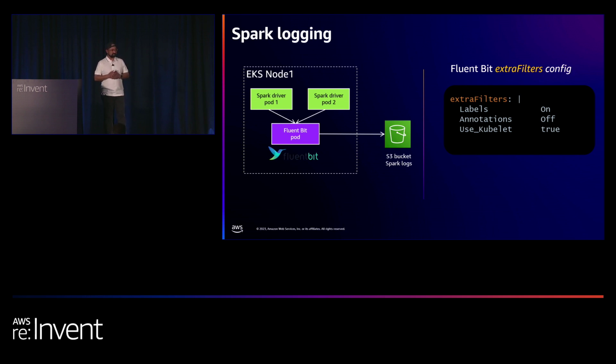In this example that you see, I have 2 drivers running, and then I have a FluentBit pod that's running within the same node. FluentBit is a daemon set. It extracts all the logs from every single pod, both the drivers and executors, and you can configure it to write to an S3 bucket or to other destinations that FluentBit offers. It is more cost optimized when you write to an S3 bucket, and you can use Athena or various other tools to query these logs and see what's going on with the job.